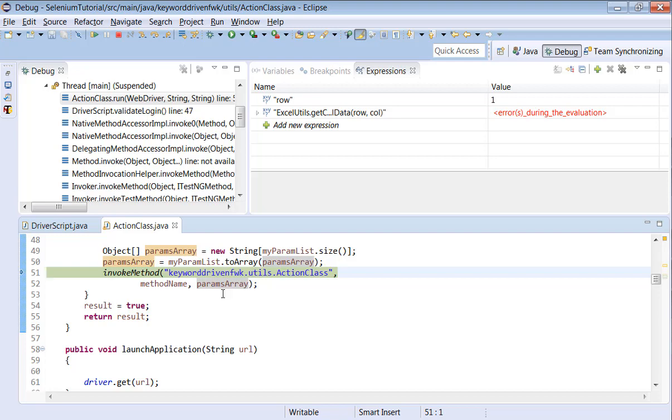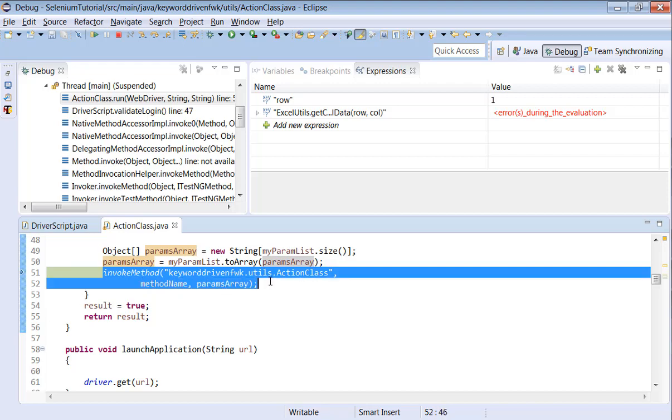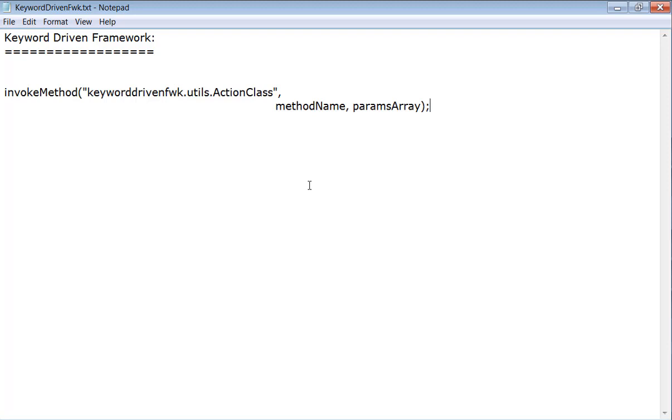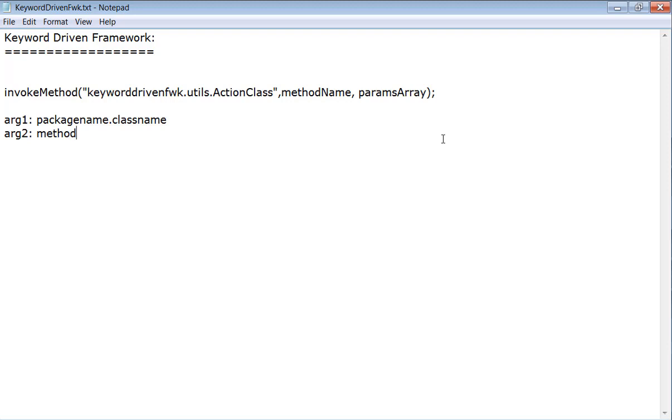Right now this method will take 3 parameters. Very importantly, we have to understand about this method, let me write it down. This method takes totally 3 arguments. The first argument is mainly the package name dot class name, the second argument is the method name, and for the third argument we have to pass a parameter array, which is an array of objects.